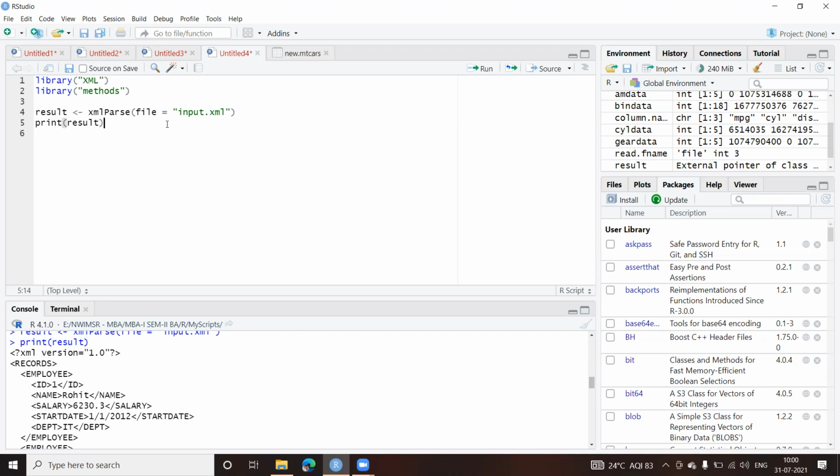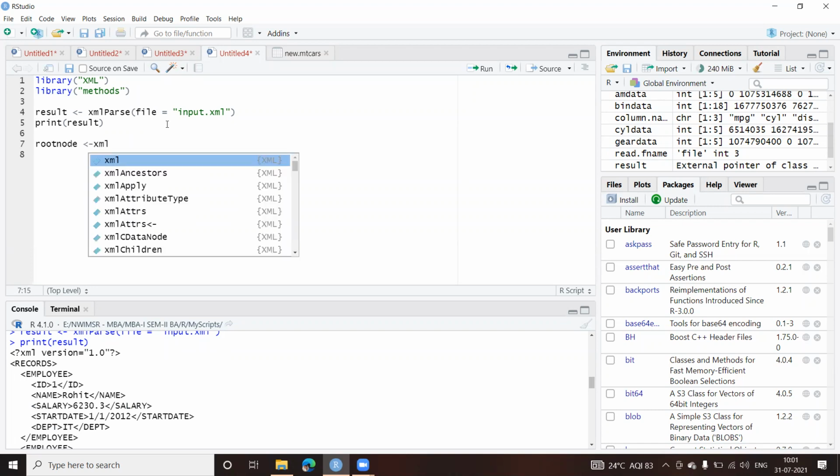Fine, let us go through all the functions first and then we'll come back to this. Suppose I want to extract the node. There are two concepts: the number of nodes, if I want to know how many nodes I have, so I can find out that, plus I can also extract the root node. For the root node, I say root node equal to